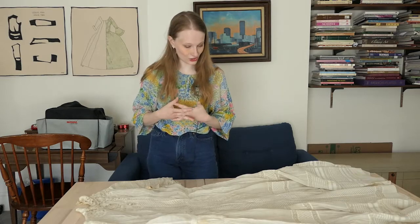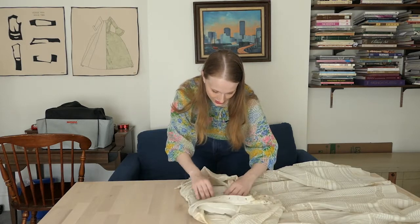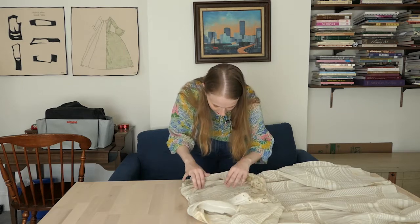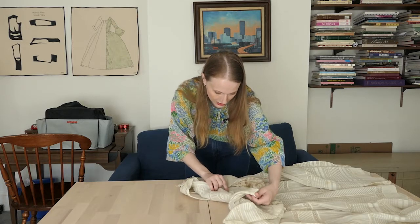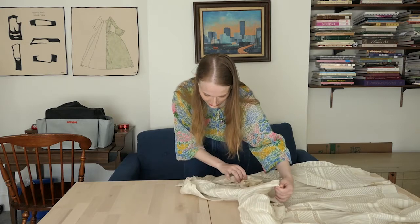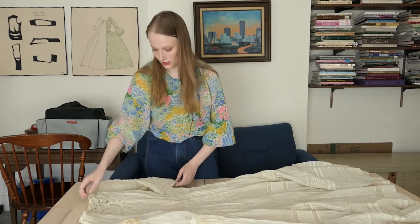But yeah, that's this dress. It's very simple. It's just fully machine sewn. See, on the inside, all of the edges are nice and tucked in. It's really gorgeously made, but it's not a particularly difficult piece to accomplish in terms of technicality. It doesn't have that structure that we are so used to seeing in Edwardian and Victorian bodices, many of which